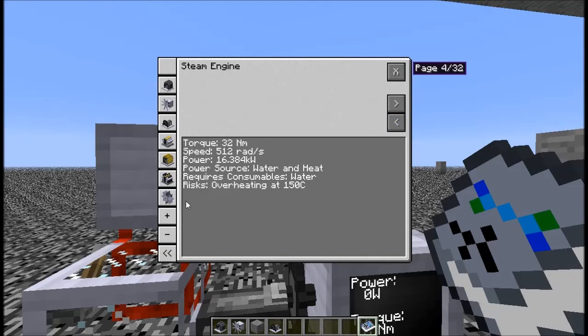But there is a risk involved with this. And it says 150 degrees. I call shenanigans on that. I had it happen at 125. It will overheat and explode and likely turn to lava. It's a mess, and you have to watch the temperature. So the maximum power that you can get out of it is